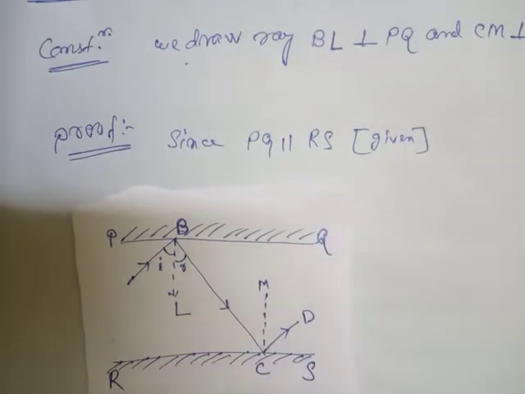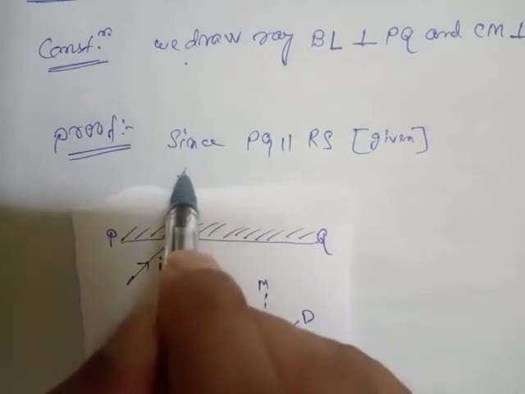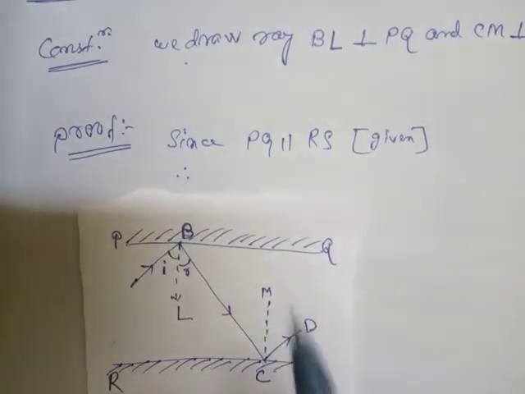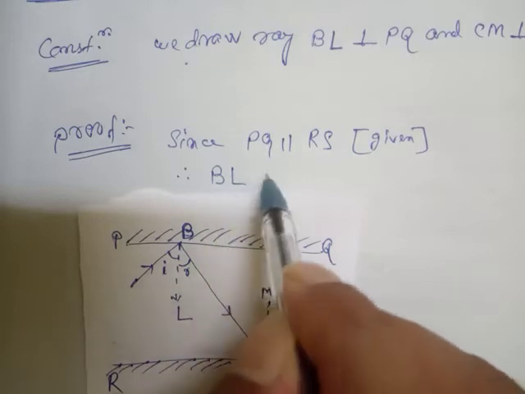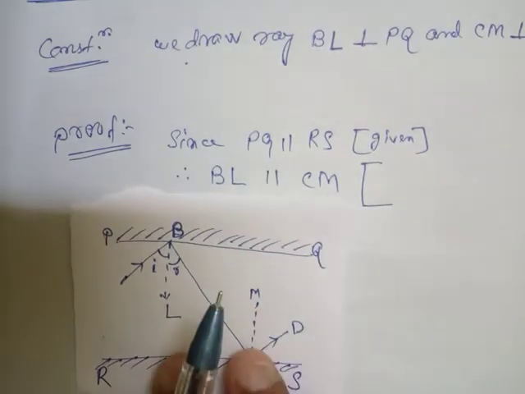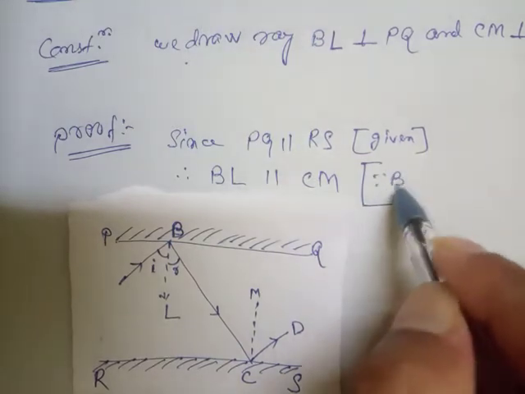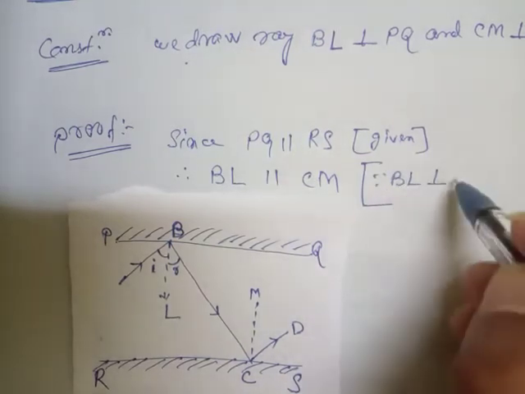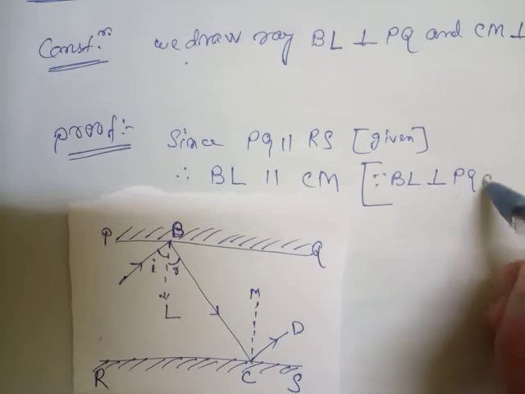Now look, student, therefore we'll write that BL is parallel to CM. Why? The reason is, here we'll write, since BL is perpendicular to PQ and